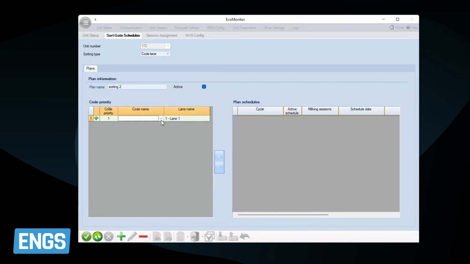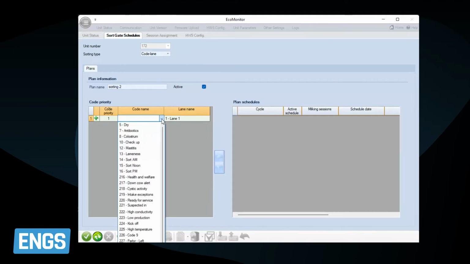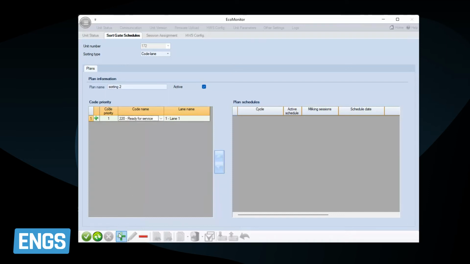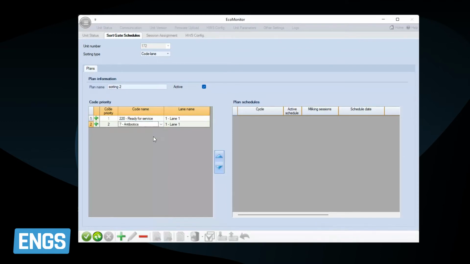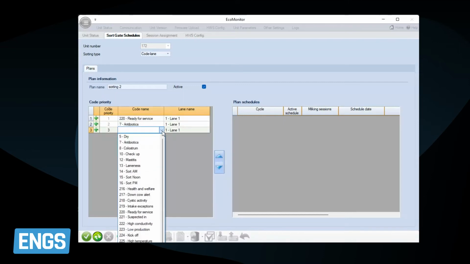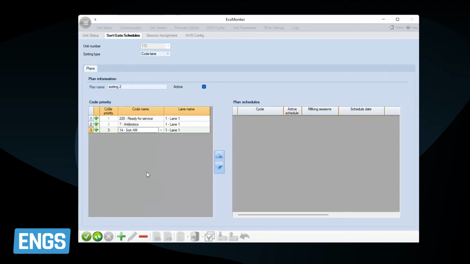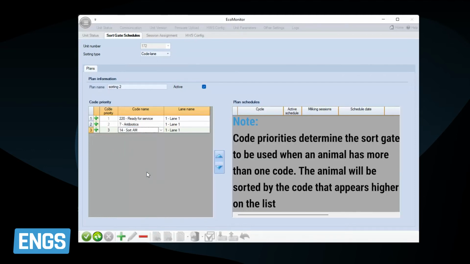A new row is created with auto-numbering for the code priority. On the first row, Code Priority 1, click Code Name and select the code name as follows. Code Priority 1 is the highest priority. Code Priority 2 is the second highest code's priority, and so on. Code Priority N will be the code's lowest priority. Note: